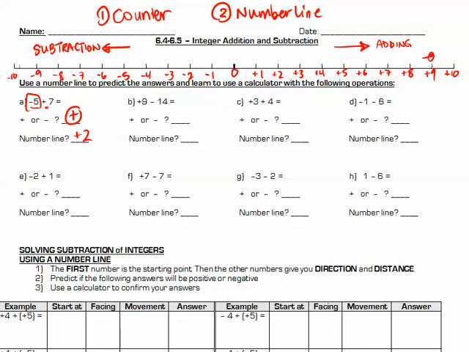So if I count 14 blocks from positive 9, I can think of this as 9 blocks, which means he's moved 9 blocks to get to 0. And to get 14, this will be 10, 11, 12, 13, 14 blocks